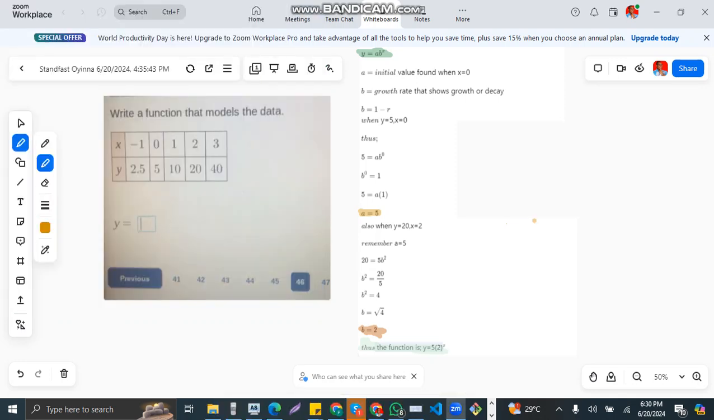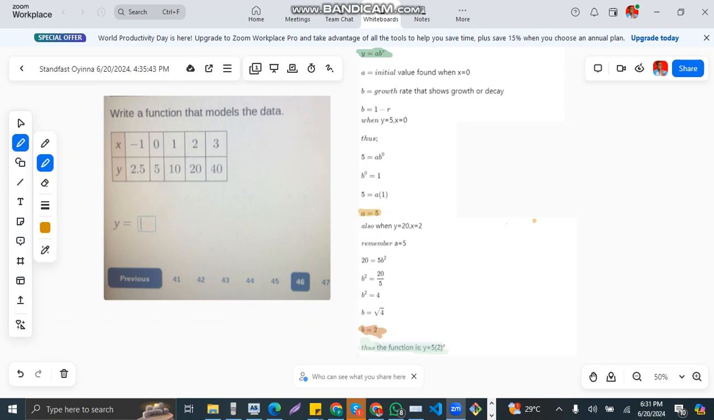Hello guys, so today we are looking at this question. It says we should write a function that models the data. Now we're given the data in the form of a table with just x and y values. So what this means is that we're required to write an equation of the function that we can model out